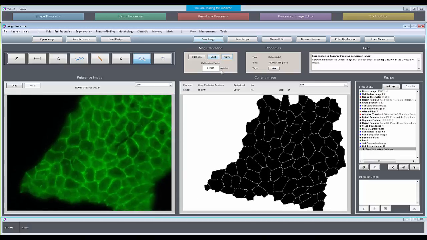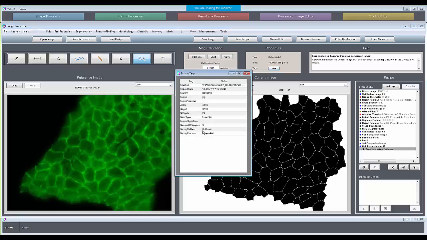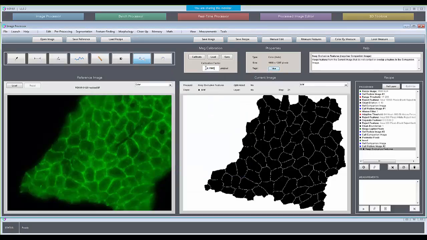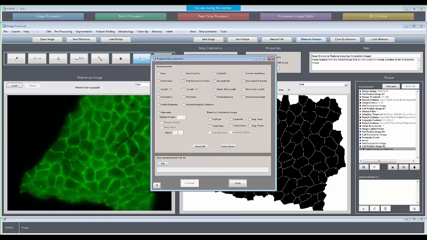So now that we're calibrated, we have a number typed in here. If you know it, you can just type it in. If it happens to be in your metadata tags, then you can just type it in. But once a number is typed in, we're calibrated. So now if we go again, measure by features,